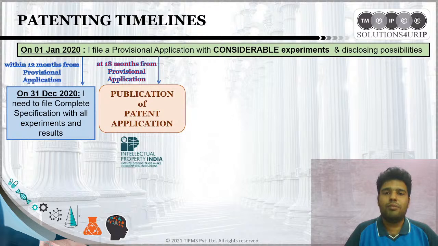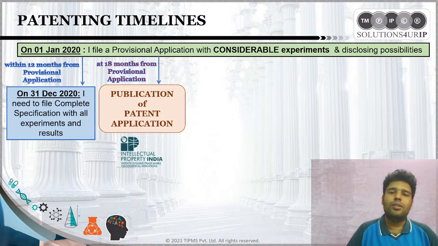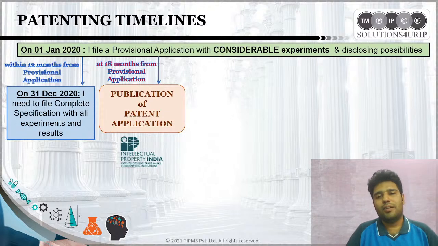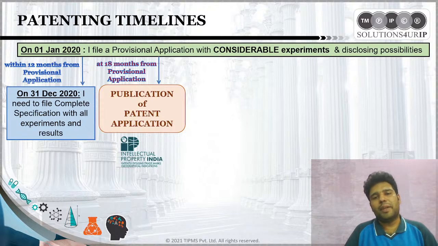For those earlier times, if anyone wanted to see the patent application in detail, you had to pay and obtain the complete details of the patent application by paying additional fees